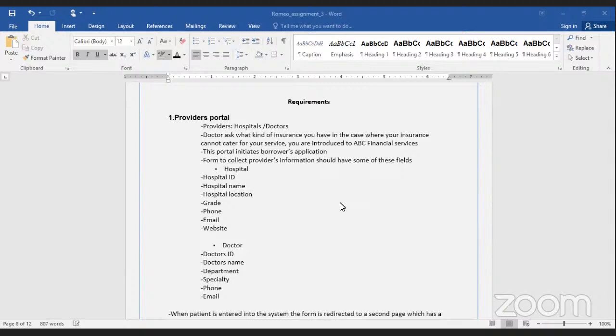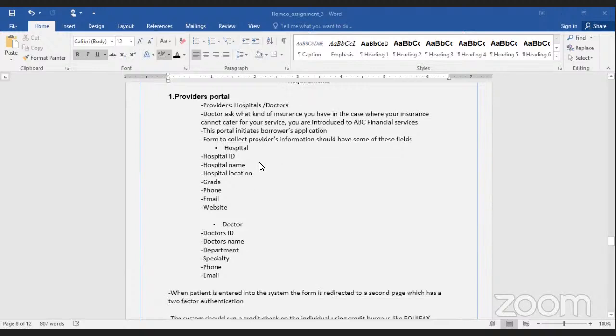When you come to this online portal, to the site, if you're a provider and you want to register yourself to be part, you go to the provider's portal. Aside from that, this is the place where you come and initiate a borrower's registration process from the provider's side.